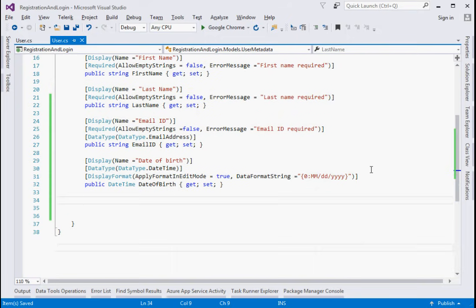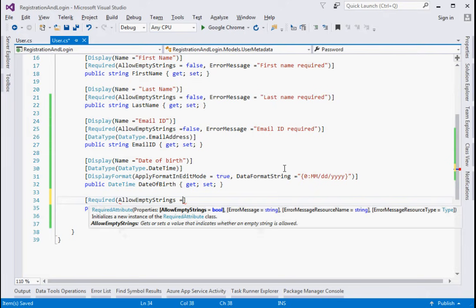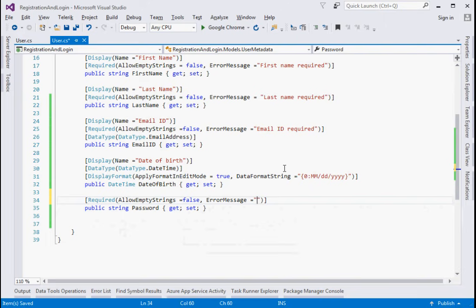and then I will add validation for the password field. So this is also required, AllowEmptyStrings is false, and the error message should be "Password is required". Okay,